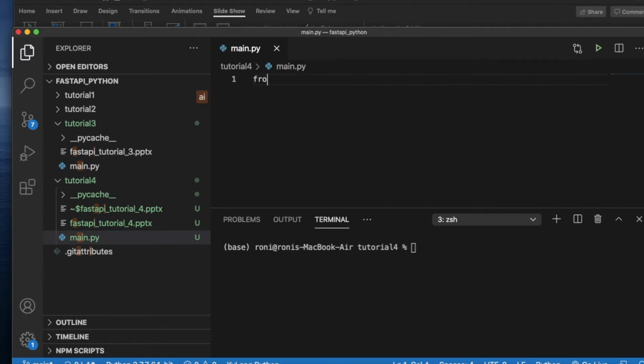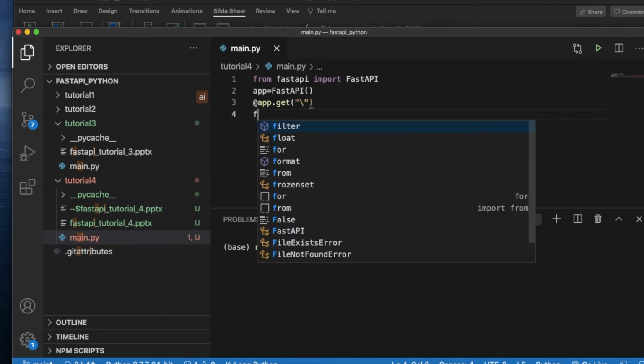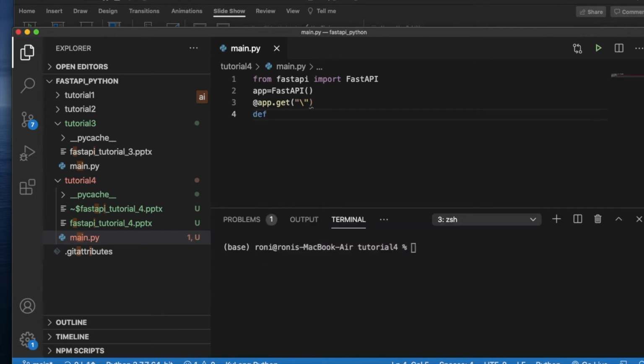It should be from FastAPI import FastAPI. Then let me quickly give a name to my app. Should be FastAPI. Okay, and after that we're going to use app.get, and there I'll use some URL.